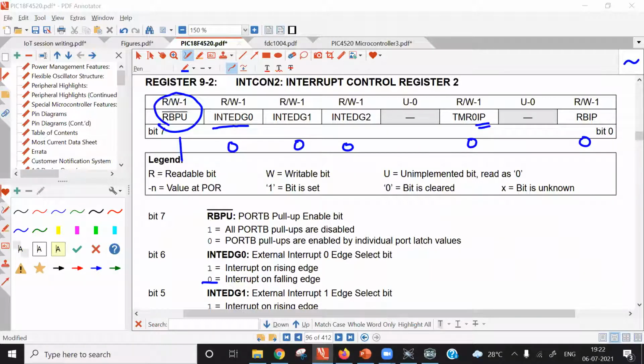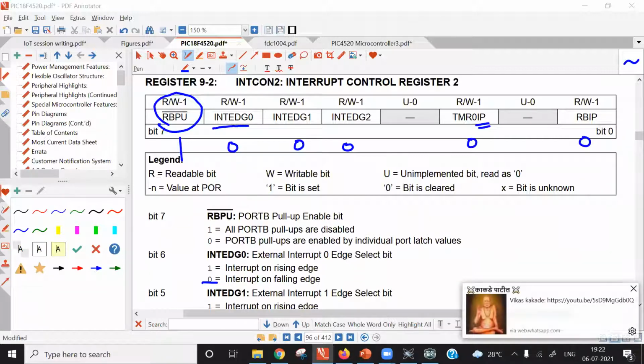Then you need to detect which key is pressed. For example, if 4 keys are interfaced, you can detect which key is pressed by checking the corresponding flag bit. Accordingly, you can implement some kind of operation in your product. When key 1 is pressed, the product should perform X operation. When key 2 is pressed, the product should perform Y operation. When key 3 is pressed, the product should perform Z operation, and so on.